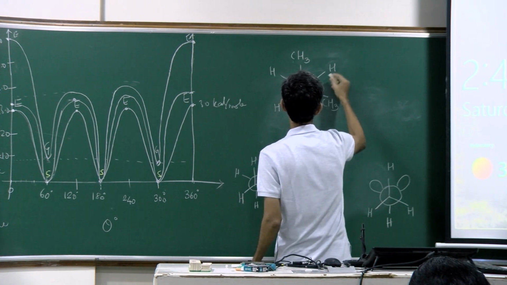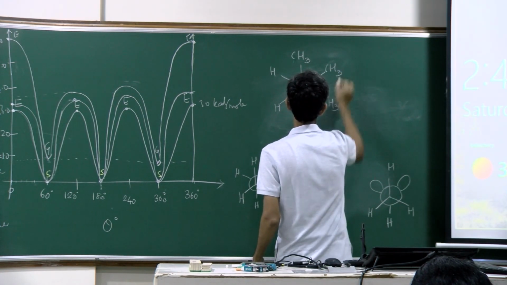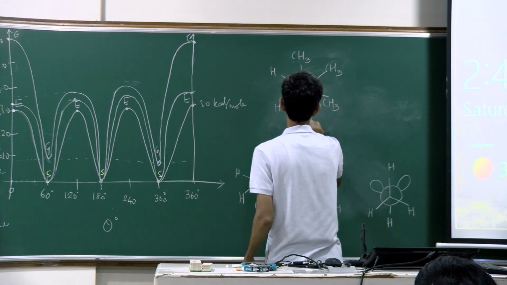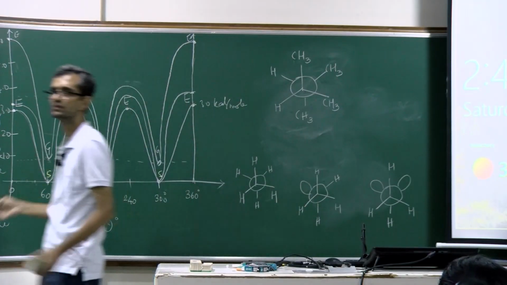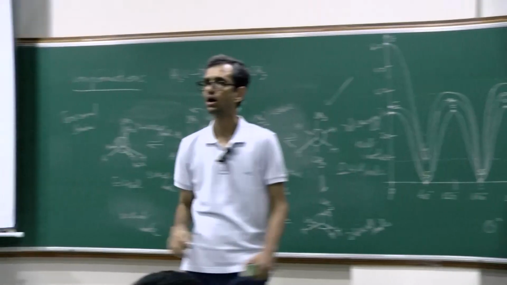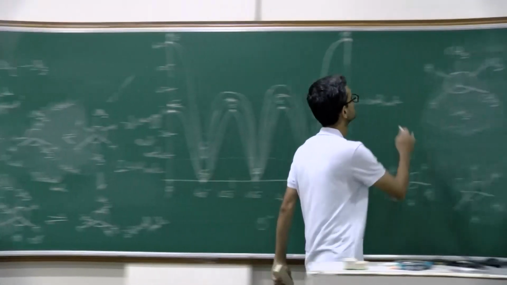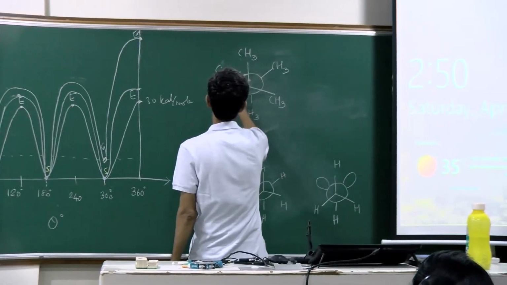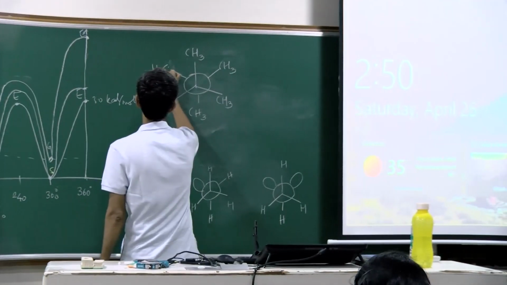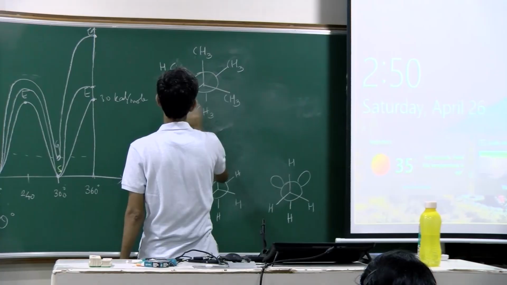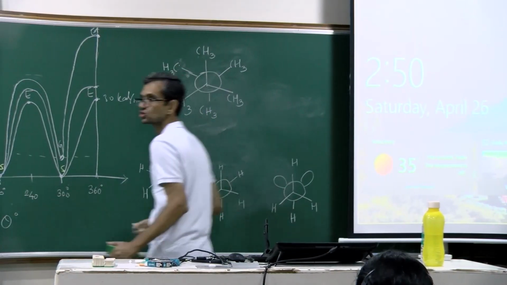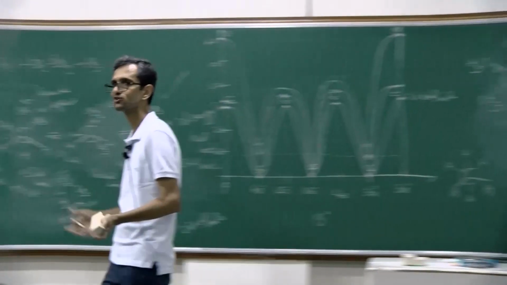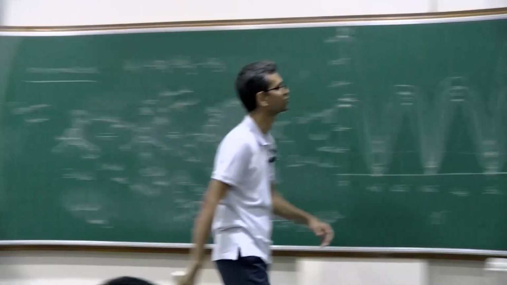So what he says is if you have this structure with two methyls, so even those two hydrogen atoms are methyl. Making all of them into methyls. Everything methyl. This also is a methyl. So a hexamethyl ethane kind of system. Okay, so if you have this,